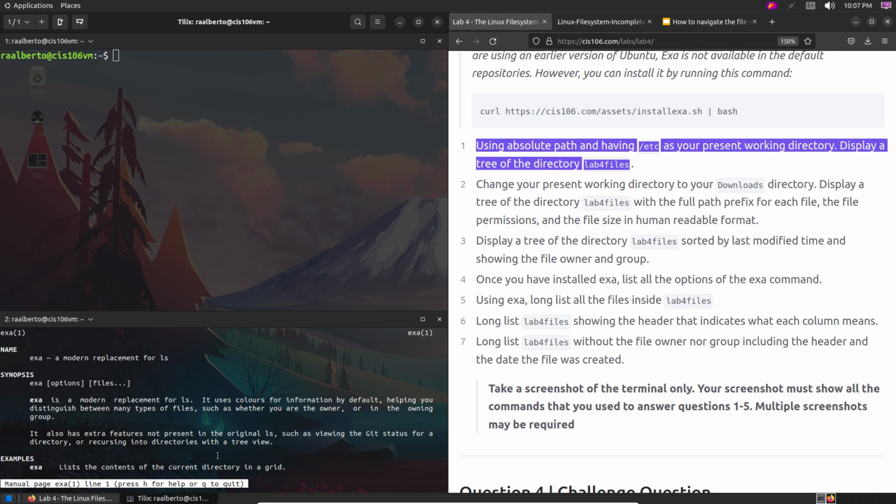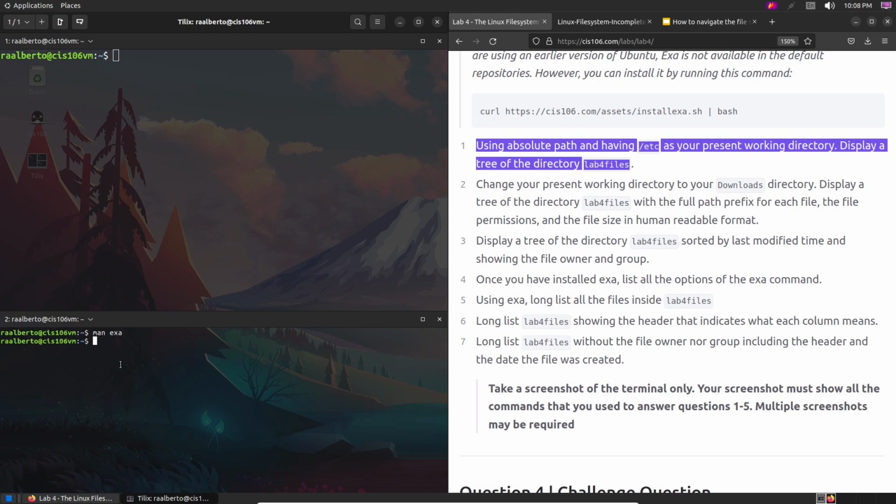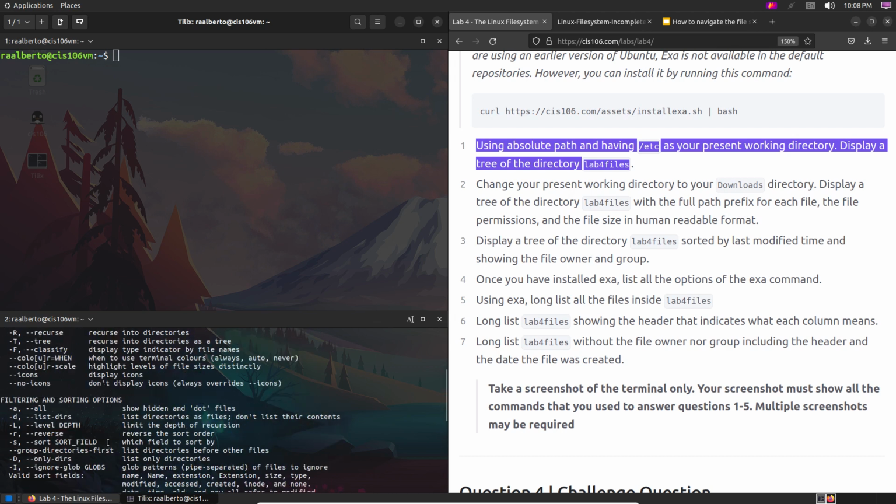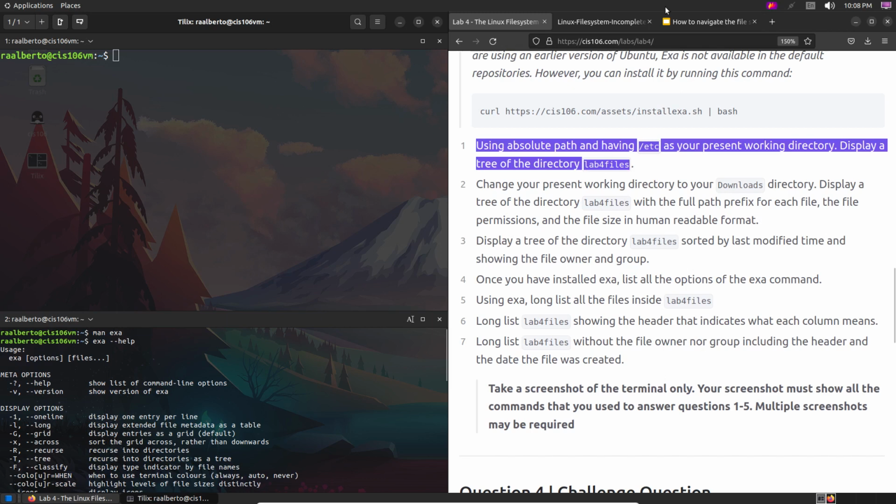Feel free to read this manual page if you like, but what we need to know is this over here. So we know that exa works just like ls, so we have options that we can use to manipulate the output of the exa command. We're going to press Q to exit the man page, and now we're going to do exa --help. This is going to open all the options of the exa command, which is what we're going to need to complete